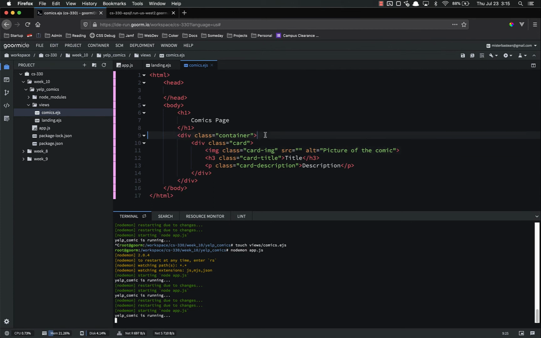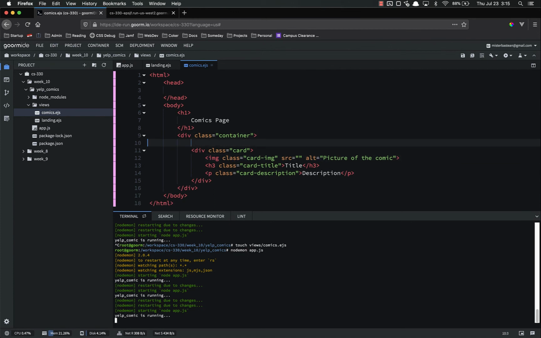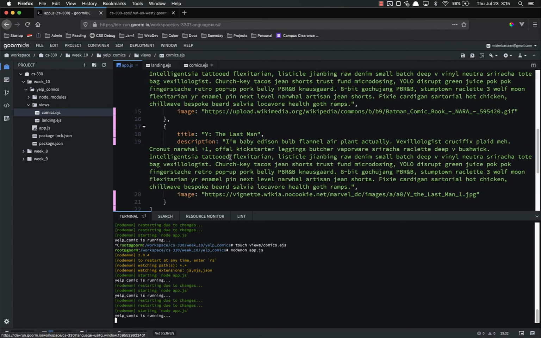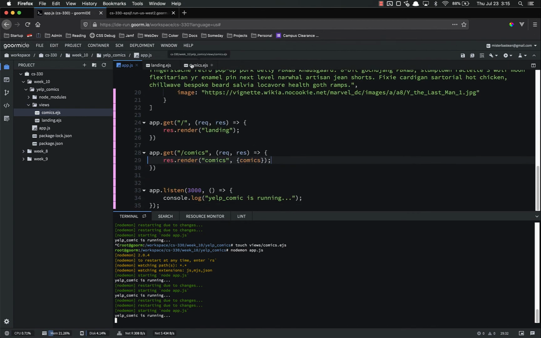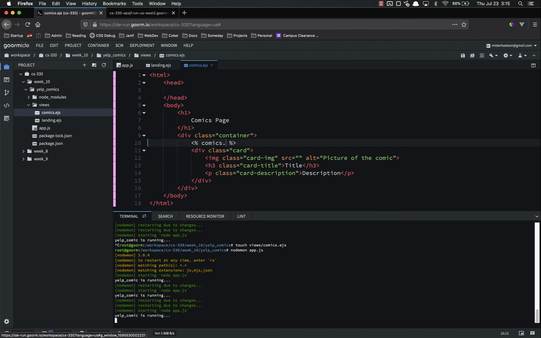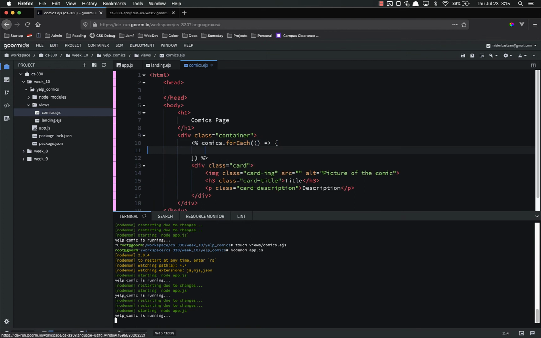So inside the container, we're going to start using our EJS. So we're going to use our scriptlet tags to basically do a for each loop. So we're passing it in as comics, I believe. Let's double check. Putting it in, yes, as comics. So comics dot for each. So we're doing our arrow function, because remember, a for each takes a function and it will run that function on each item. So for each comic,